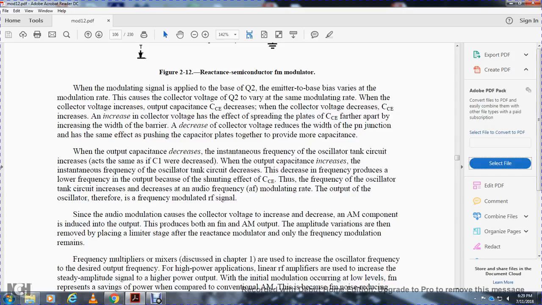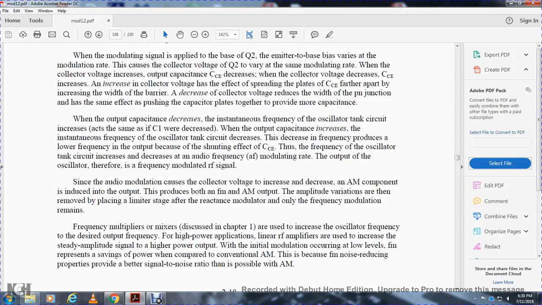The output of the oscillator is, therefore, frequency modulated with the radio frequency. Since the audio modulation also varies the collector voltage, an AM component is induced into the output, producing both an FM and AM output. The amplitude variations are removed in the limiter stage after the reactance modulator, so only the frequency modulation